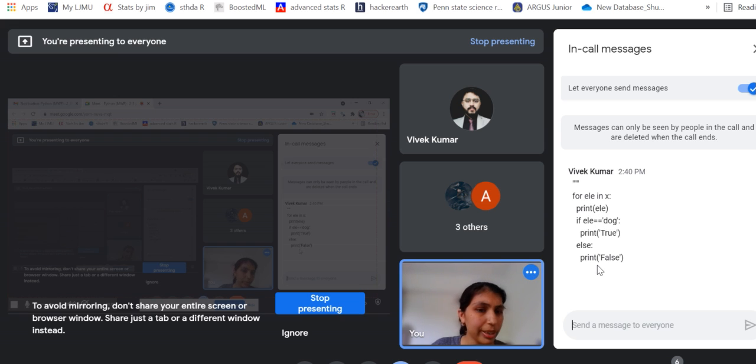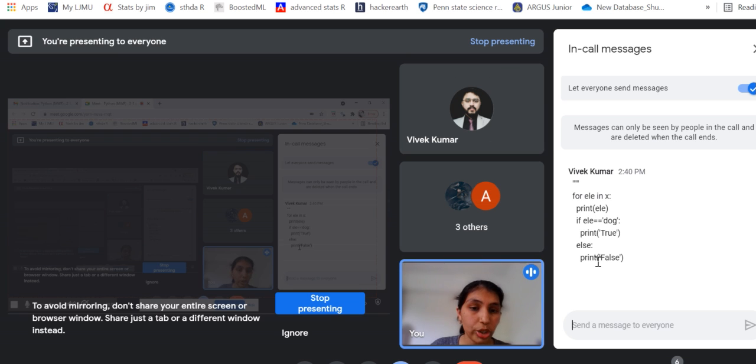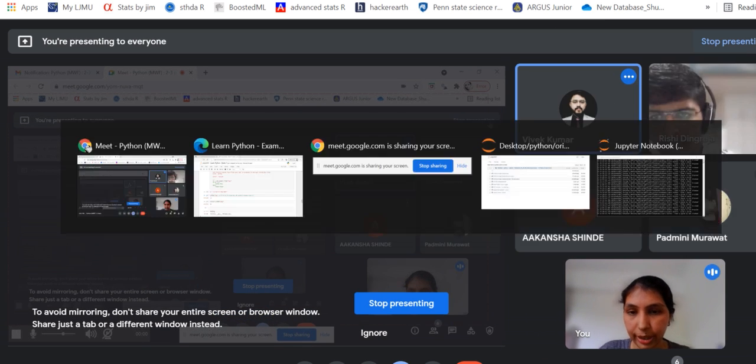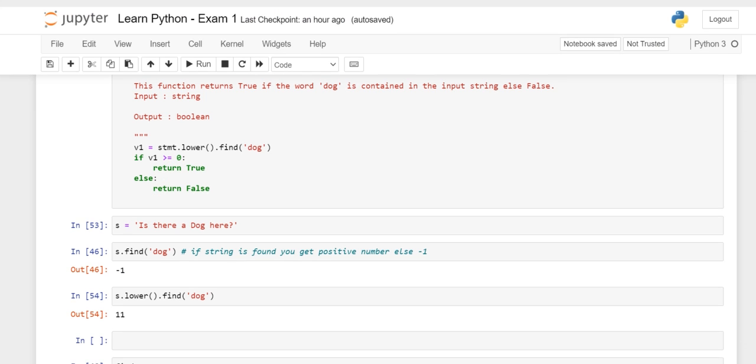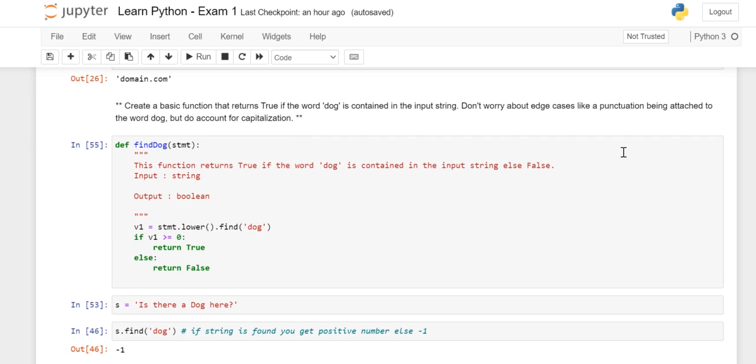Yes, it should work. But it's not working actually. Okay, then I need to check, and I'll ping you back. Sure. Let's move further. Okay, Akanksha, and I'll just repeat it again. So that was Akanksha or Padmini that asked me.